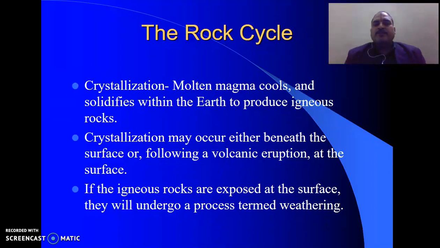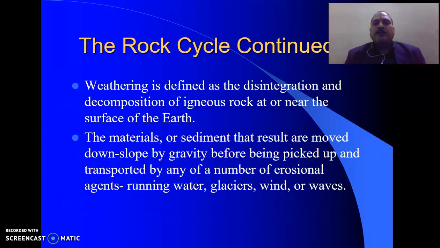Now, crystallization. What do you mean by crystallization? It is molten magma which cools and solidifies within the earth to produce igneous rock. Crystallization may occur either beneath the surface or following a volcanic eruption at the surface. If the igneous rocks are exposed at the surface, they will undergo a process termed weathering. Weathering is defined as the disintegration and decomposition of igneous rock at or near the surface of the earth,